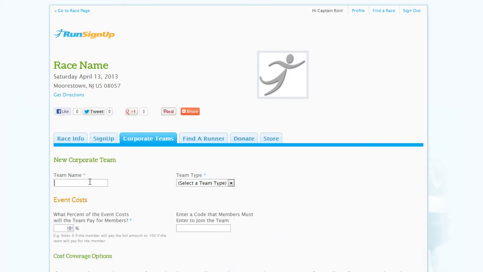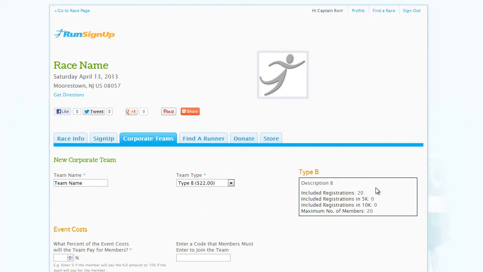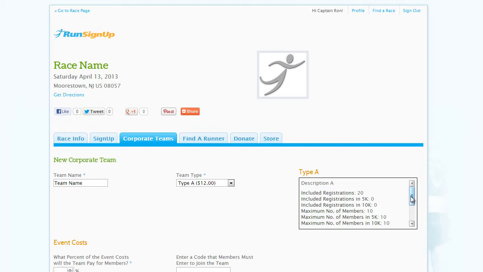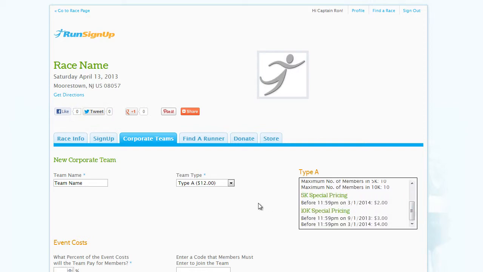Enter in your team's name, and look at what team types are available to create. As you select each one, you can learn more about what is included with that particular team type by referring to the description box to the right, and once you have decided on a team type, move on to the